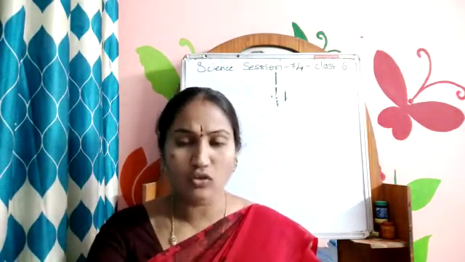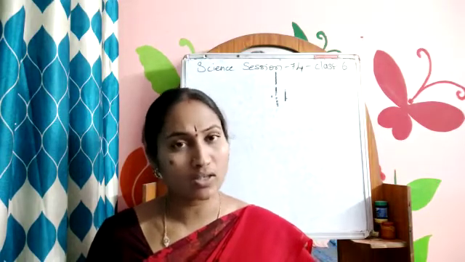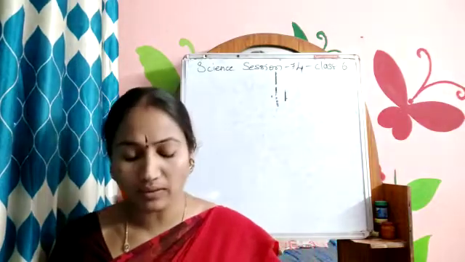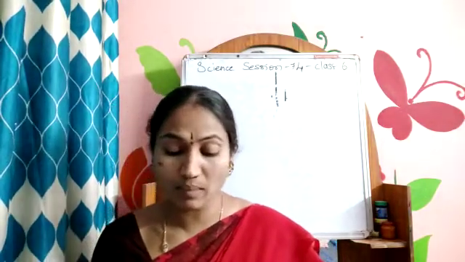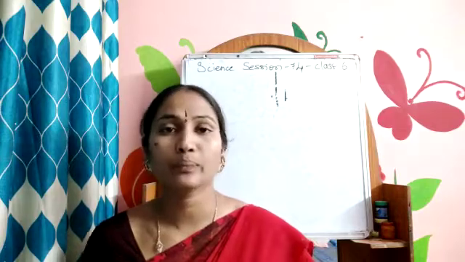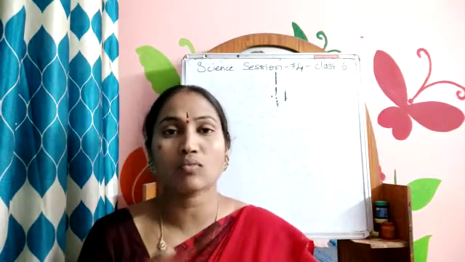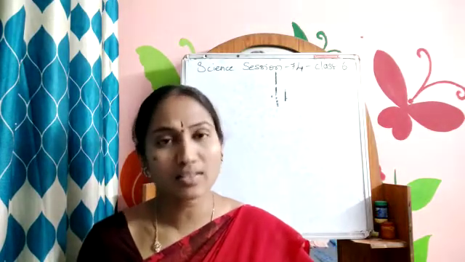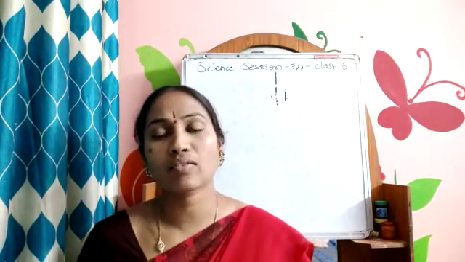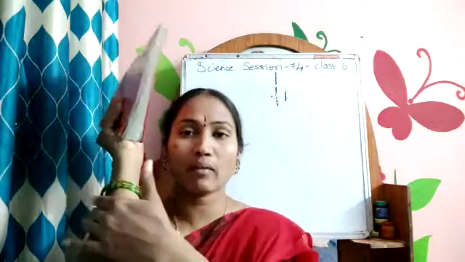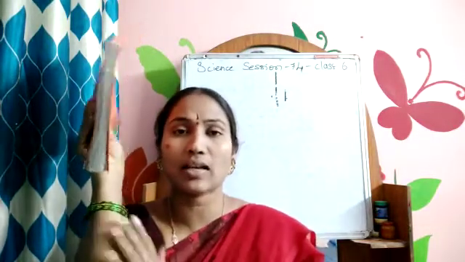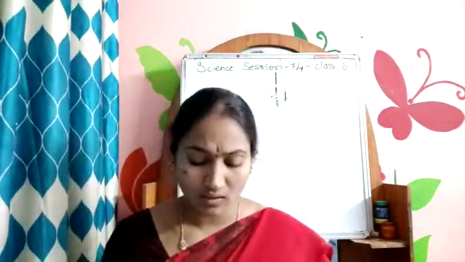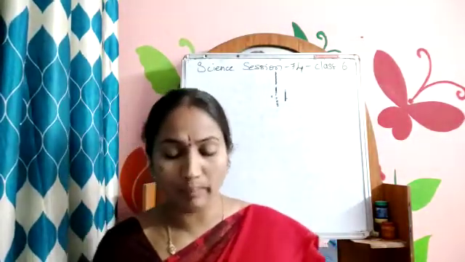There are different kinds of joints in our body like ball and socket joint, hinge joint, pivotal joint. What do they do? They help in performing different activities. Next, bones and muscles help us to perform different movements and activities. So bones and muscles work together and help in our movements. Next, muscles work in pairs. The bone has muscles on both sides. One will be in the relaxed position and another will be in contraction. When one muscle relaxes, the other muscle will contract. In this way, they work in pairs.